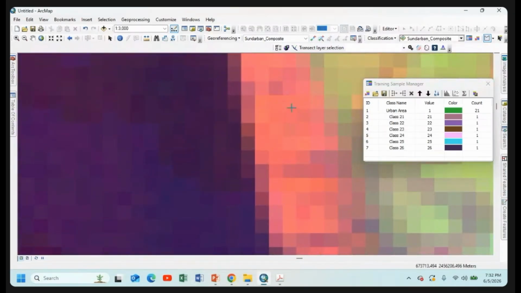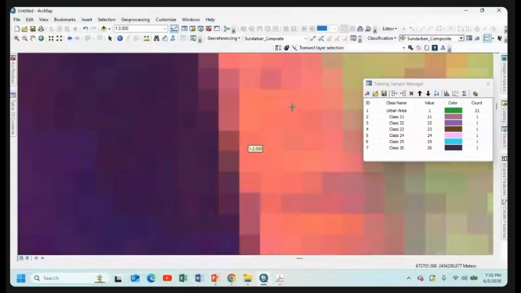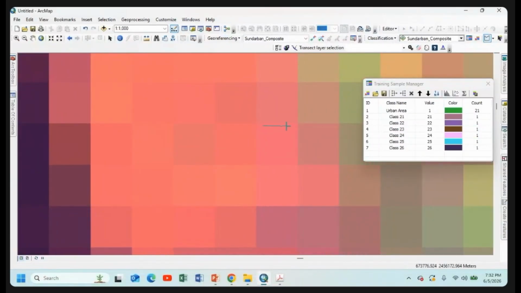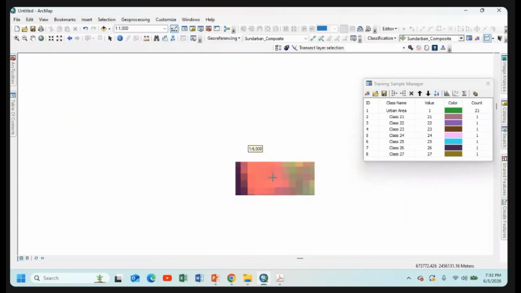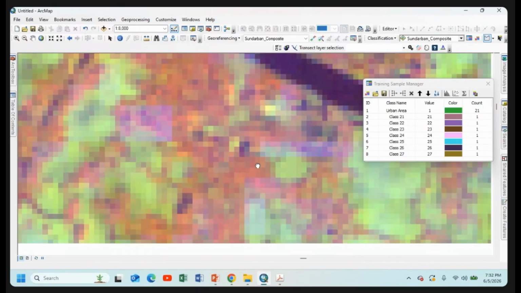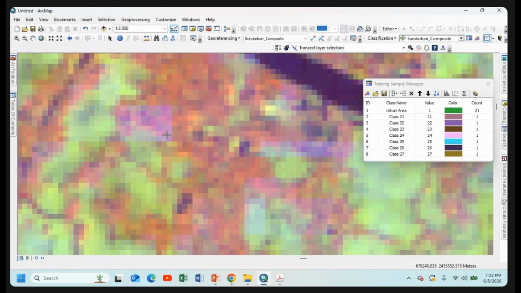This is the pattern for collecting the training sample. You must try this type of collection method. Don't take training samples from a single region, otherwise it will not give accurate results. Here are some difficulties in identifying the sparsely vegetated area, so I leave this type of region.